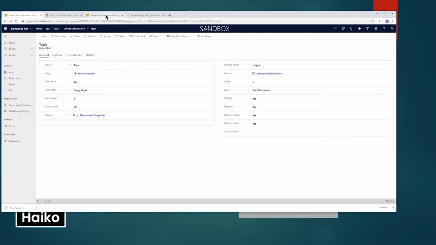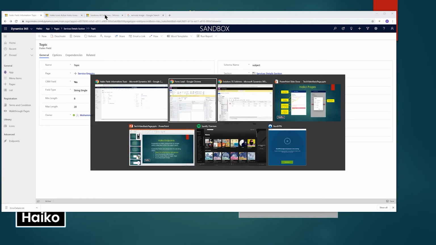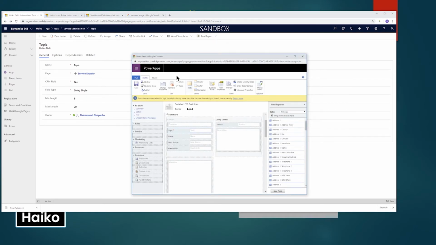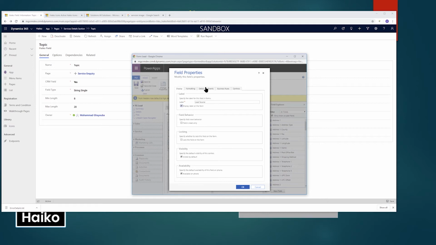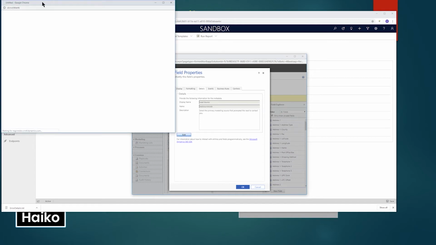Now, if we go back to our form, we can see we've got something here called lead source. So, what is lead source? Lead source is basically telling us where that lead originated from. And if we look at that field,